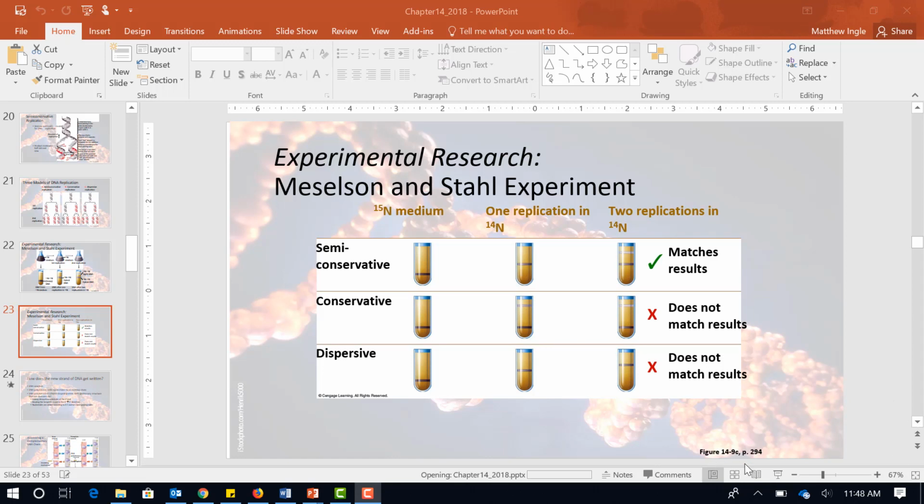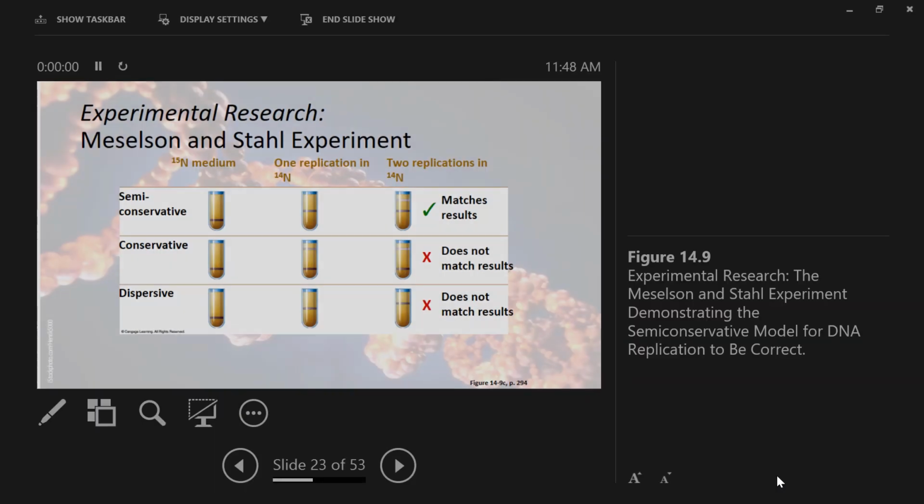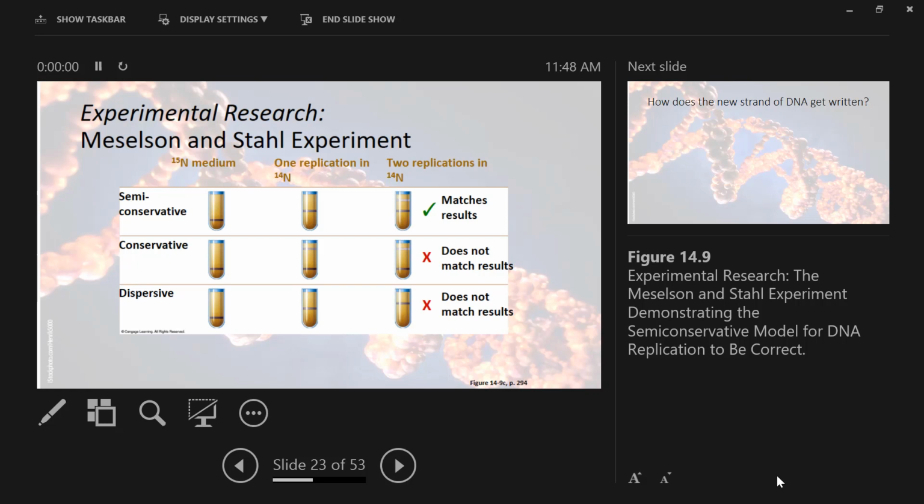Okay, so we left off here on Wednesday talking about how do we know which model of DNA replication is right. And there's what's called the Meselson and Stahl experiment. What Meselson and Stahl did was they basically used new nucleotides that had a heavy form of nitrogen. And so what I want you to do is to work through this experiment, these two slides on your own, and to see how they demonstrated that the proper model is what Watson and Crick proposed,